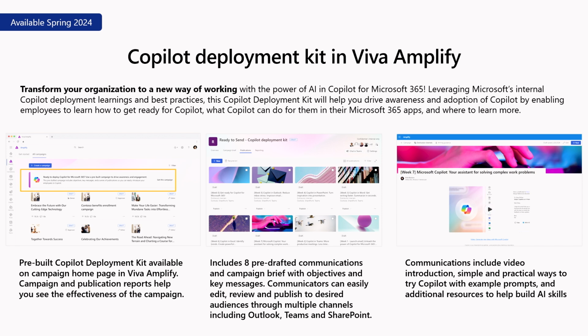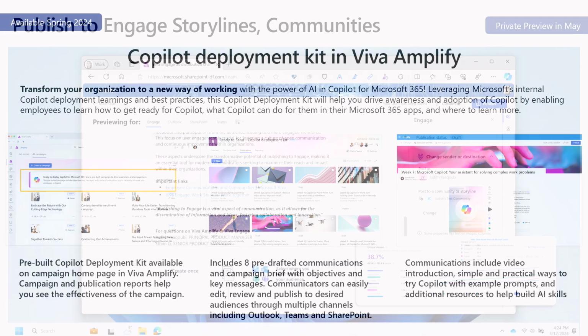Now, a couple things that I wanted to mention very quickly. One of the areas, of course, you've heard so much about in the conference is Copilot. If you are adopting Copilot inside of your organization, we have a set of pre-canned communications. Yes, you get to use these things out of the box. You get to use what Microsoft is using internally, and we actually have that established as a template, so you can send out goodness here to help stimulate organizational usage of Copilot.